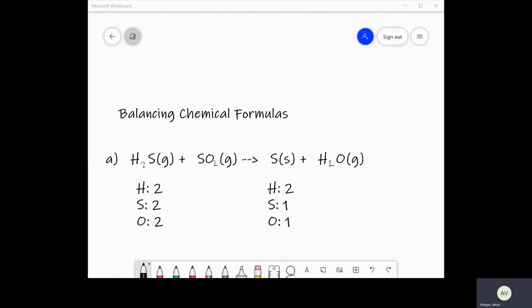You can pause the video to try it and then come back. I'll just go ahead and go through these. So I know that so far we are okay with our hydrogens. It is our sulfur and our oxygen that are causing the issue. So first things first, I will look at